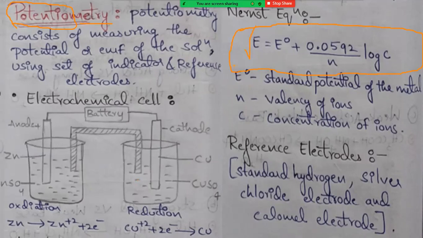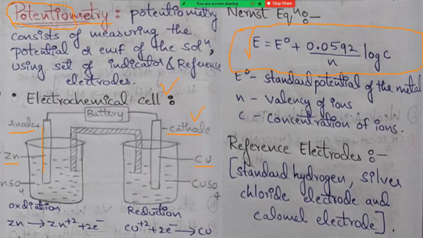Before going to the Nernst equation, what is an electrochemical cell? We need to know about this so that we can know what is happening in the electrochemical battery, how oxidation occurs, how reduction occurs, and how electrons are transferred from one position to another. We can easily identify this by the electrochemical cell, right? This is the electrochemical cell structure, which consists of an anode and a cathode. Here zinc metal is acting as the anode and copper metal is acting as the cathode, right?